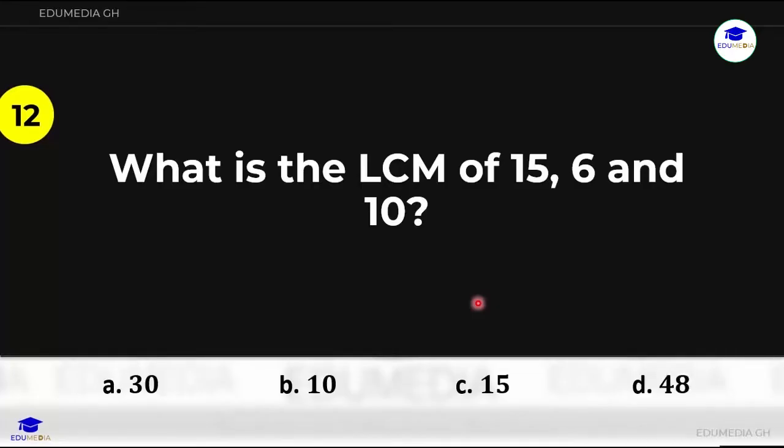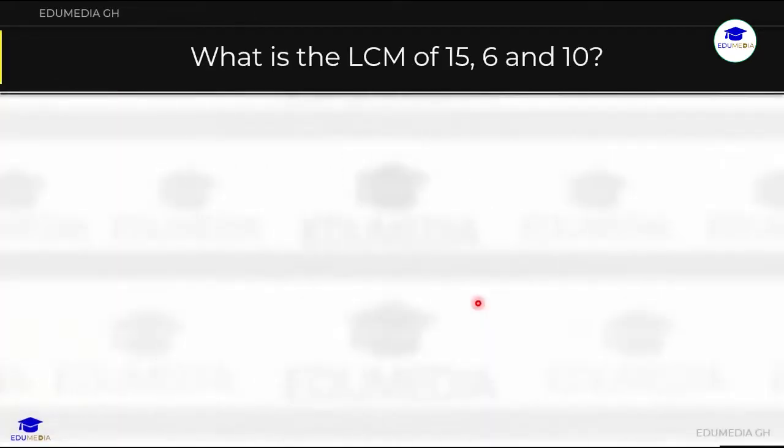Question number 12. What is the LCM of 15, 6, and 10? The question is asking for the LCM, and the LCM is the least common multiple of numbers. The question is asking for the least common multiple of 15, 6, and 10. We are looking for the least common multiple. So what we need to do now is to put out the multiples of 15, the multiples of 6, and the multiples of 10. When we put out these multiples, then we'll be able to identify the least common multiple among them. So we'll start by